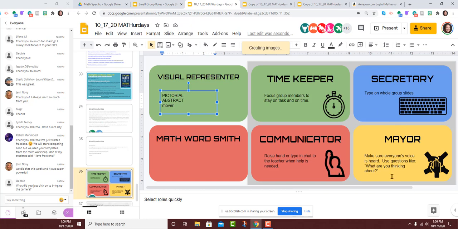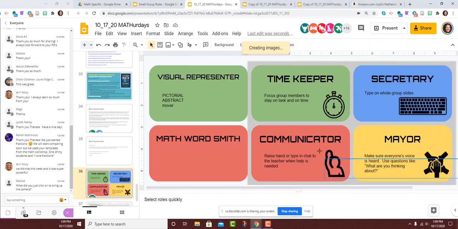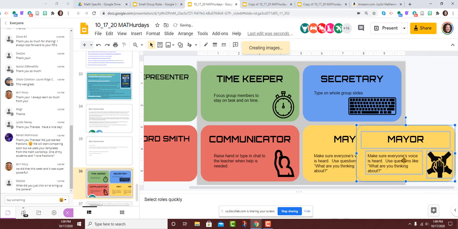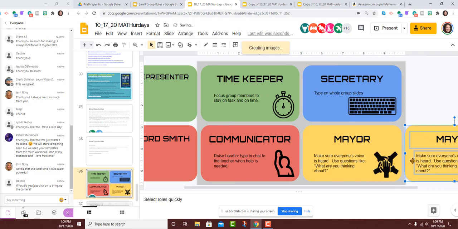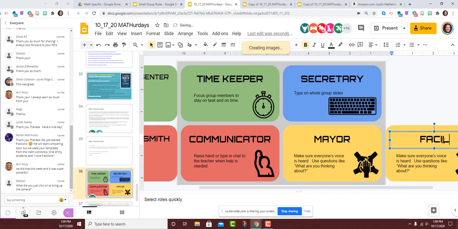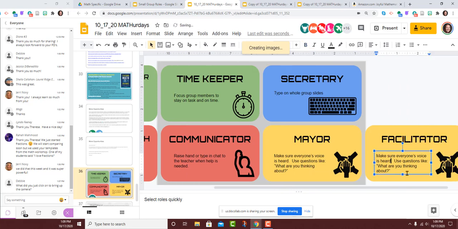Oh, how cool. And then you can have what we call the mayor, the facilitator, whose job is to make sure everyone's being included. We have some questions we taught them to ask, like, what do you think? We want to hear your ideas, just to make sure everyone's included.